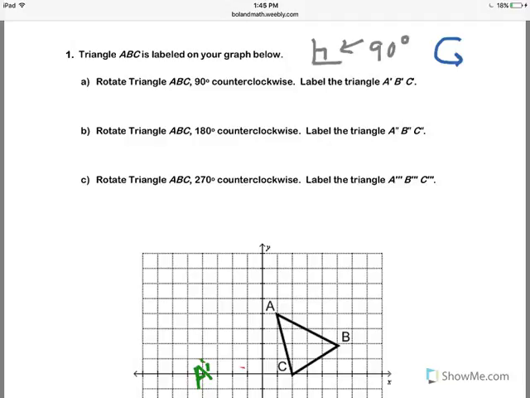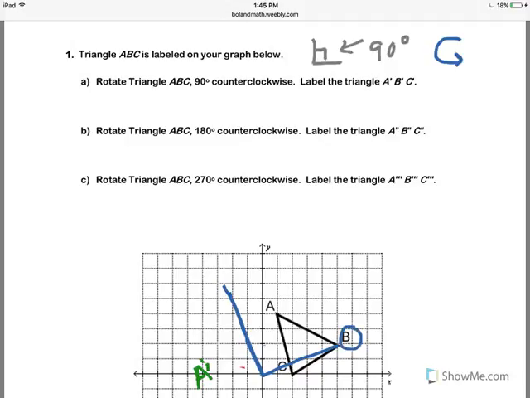So if I did the same thing for B, and I pictured from the origin an L shape or a 90-degree shape, and I drew or traced a corner of a sheet of paper,